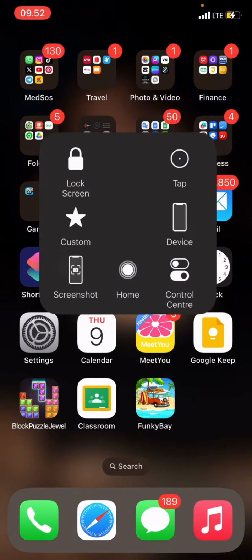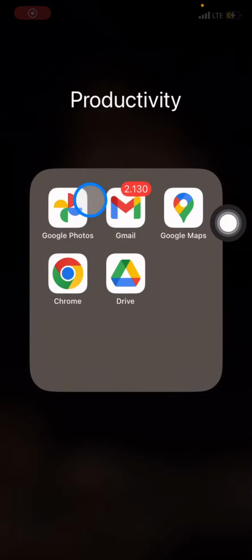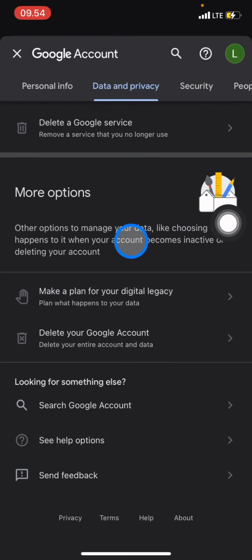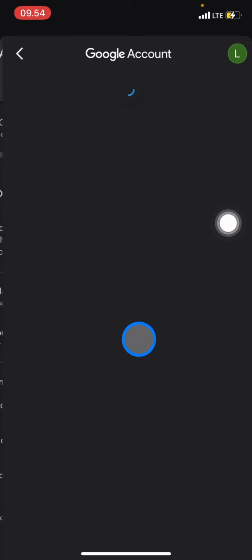So now I would like to show you the tutorial on how to delete the account. Here I already prepared the Google account that I would like to delete. After you access the Google account, you just need to go into Data and Privacy, and after that you just need to scroll down until you find Delete your Google account. You just need to click it,